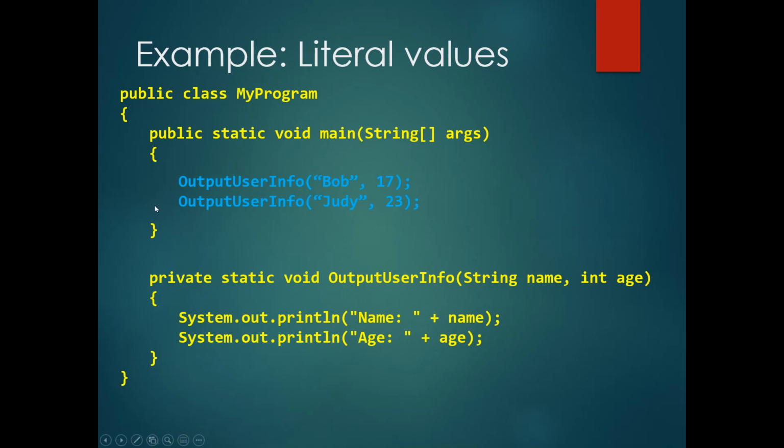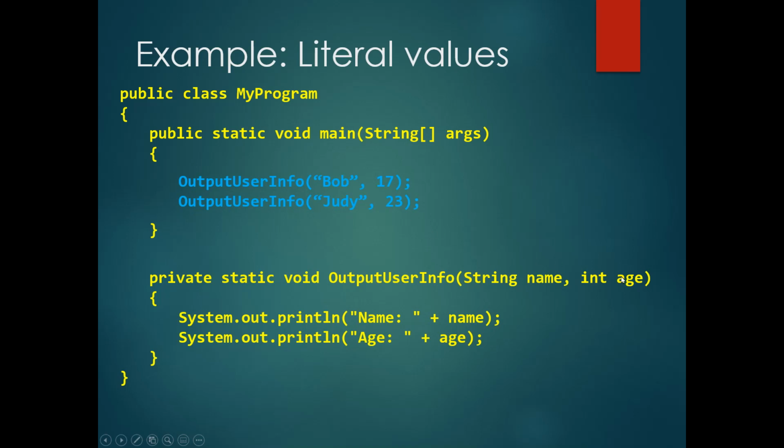So when we do it again, it jumps down to the signature line, defines two new variables, name and age, because they're not in memory anymore. So it's got to recreate them. It defines them again, name and age, and it's going to copy Judy into name, and it's going to copy